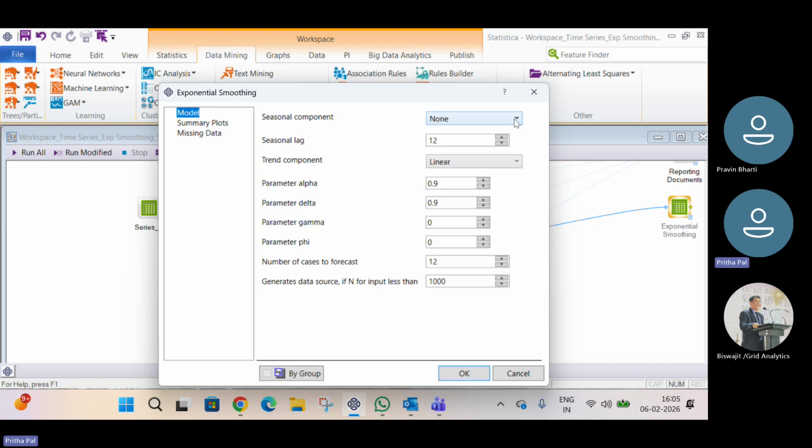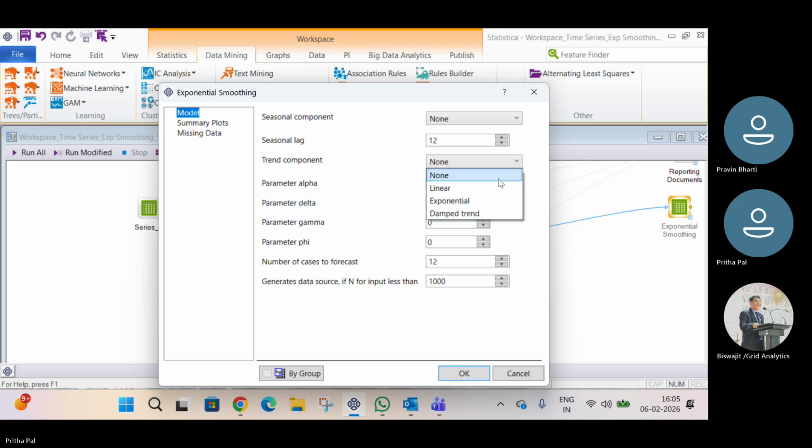Here the seasonal component is none. I am just taking all the default options. Here the trend component is also none. Here in the trend component section, we have several other trend patterns like linear, exponential and damped